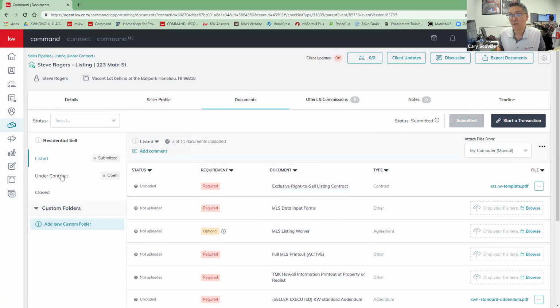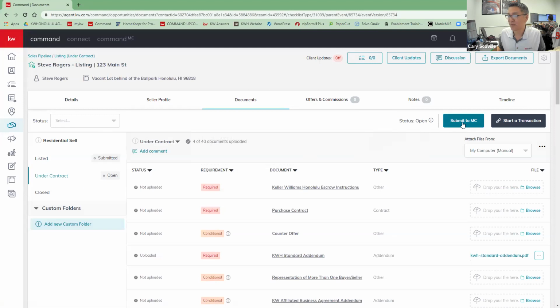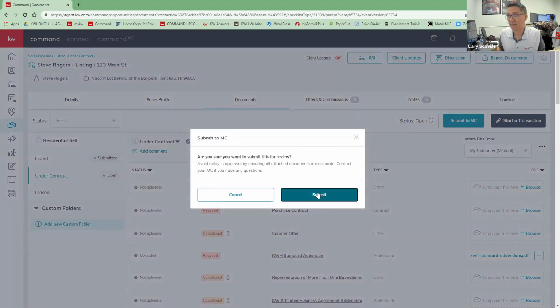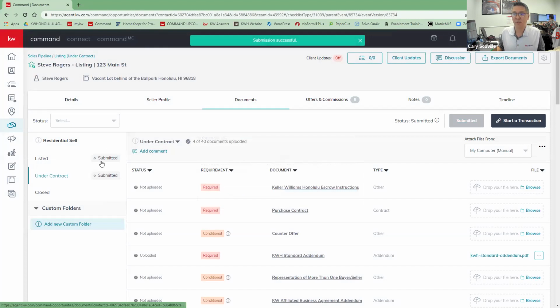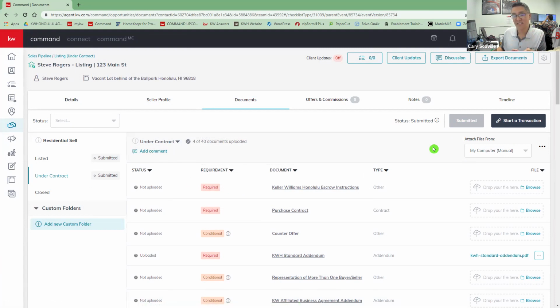This button says submitted. We also have to go to under contract, and we have to submit that section as well. So back to Latasha's point about closing and closing documents, we're not asking for that just yet. We want you guys and we want our agents to get paid on time and paid at closing. So we need to make sure, one, you have the right to sell the listing. That should be done super early. And the under contract section is done. And we hit submit. And you could submit that 10 days prior to close if you had it all. Right? Maui is 5 days, but Latasha and I both agree the earlier you get it in, the better.